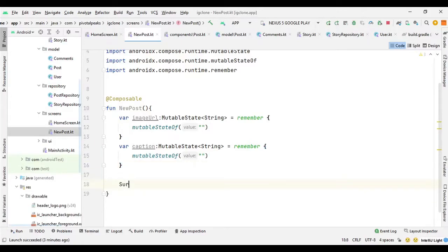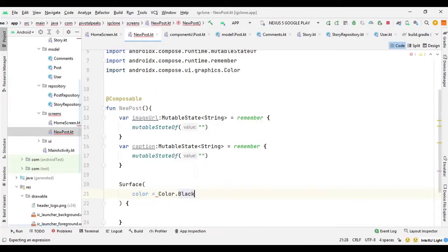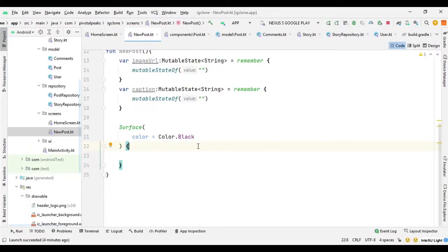So here we can say Surface, and we can remove the import once it's imported, and here we can say color equal Color.Black. Then we can declare a Column to put the items in it.